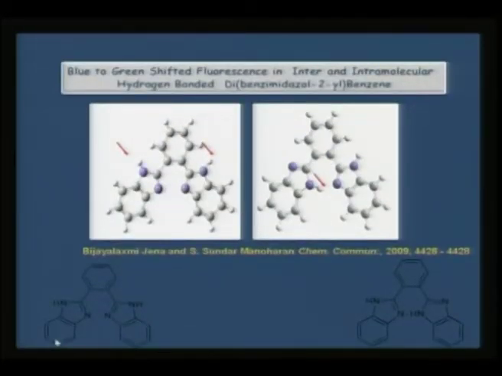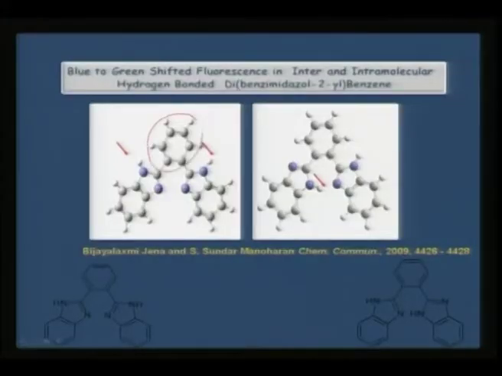Now, as a passing thought, I would like to give another small idea about what really happens if hydrogen bond exists in this sort of molecules. Take the case of the same phenyl linker, but in this case not benzthiazole, we are actually having imidazole moieties. So, this is imidazole moiety. Now, this imidazole can have the NH groups facing outward or one NH group facing inward.